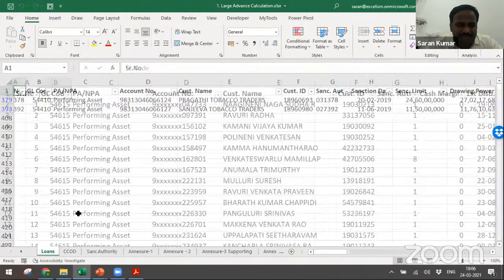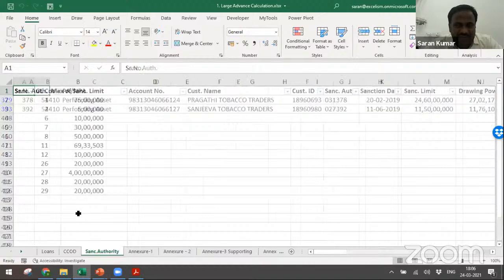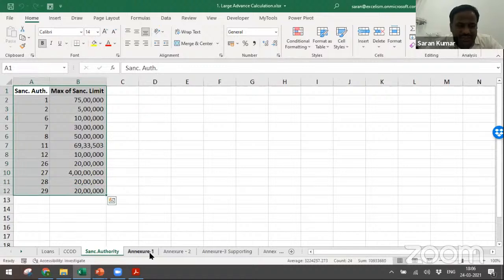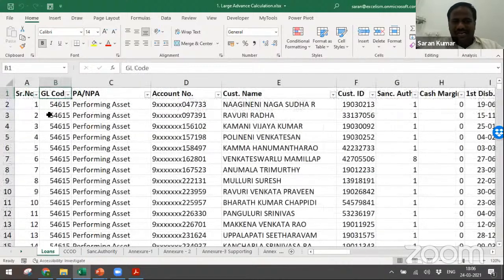Audit planning is nothing but, before going into that, when my staff goes there, they need to compile this information. They should gather this information and make a working file, and they should keep the information and certification like this and so on. In this case, immediately I gather the sanctioning authority and sanction limit, for which, if there is any document proof, then I will be taking the same. I'll consider this.